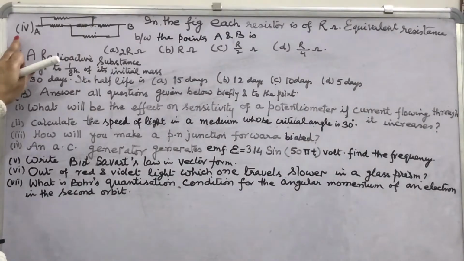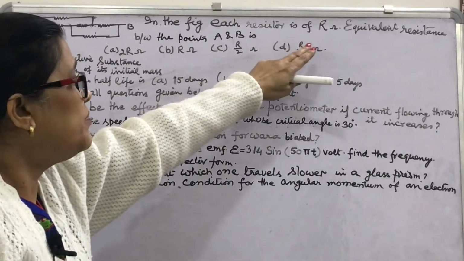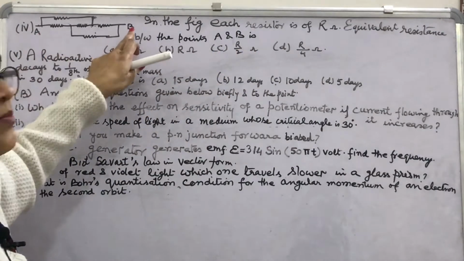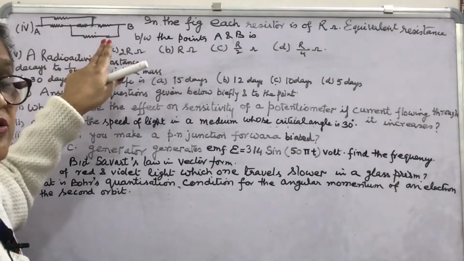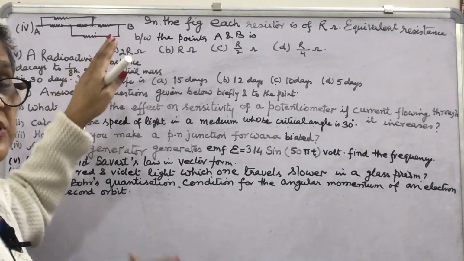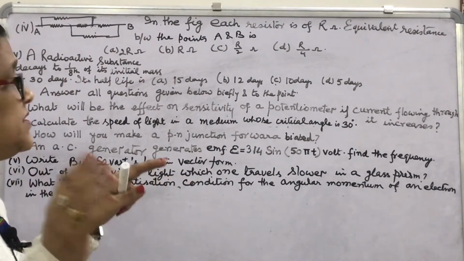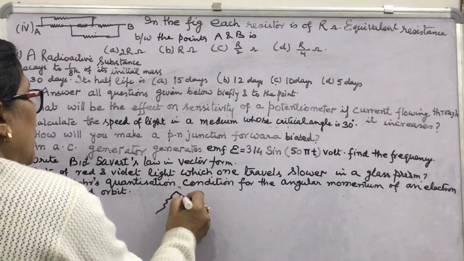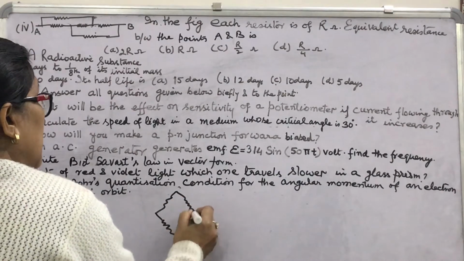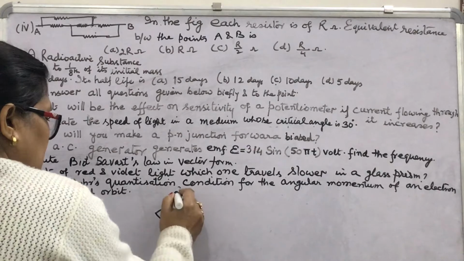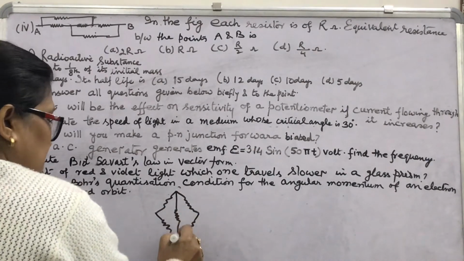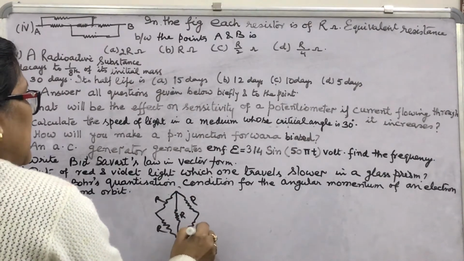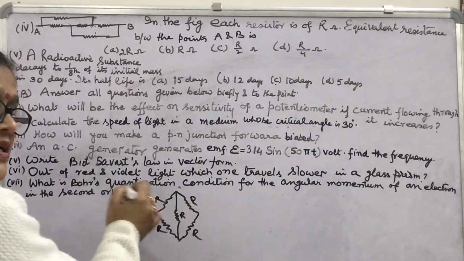In the figure, each resistor is of R ohm. You have to find the equivalent resistance between the points A and B. Look at the points A and B and this circuit. Do you know what this circuit is? It is the principle of Wheatstone's bridge. If you show all these resistances as the 4 sides of a parallelogram, and in the diagonal, in place of the galvanometer, there is a 5th resistance, all the same, as given in the question, then you know it is an example of a balanced Wheatstone bridge.